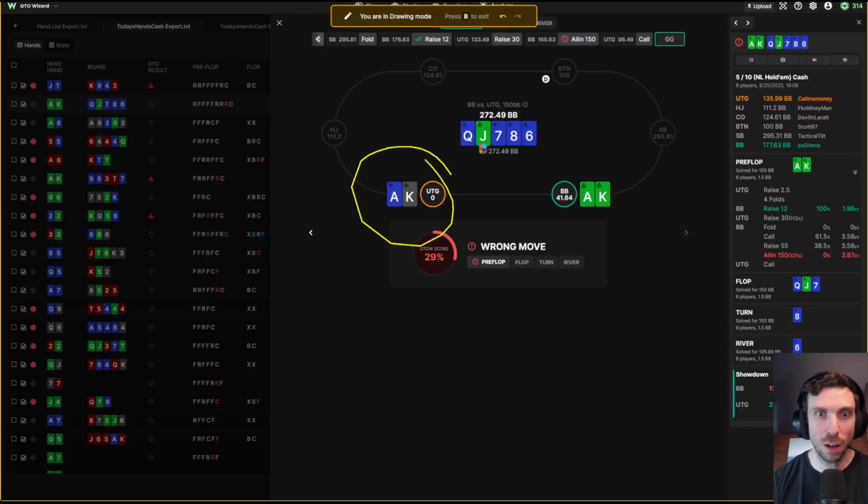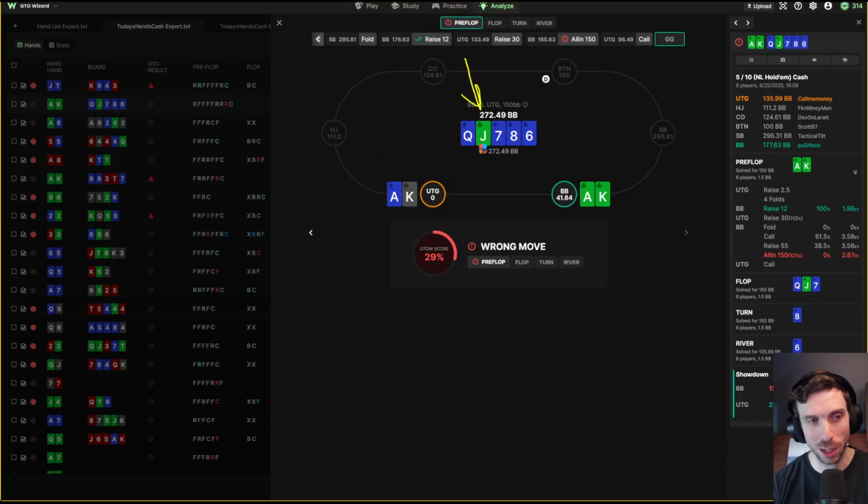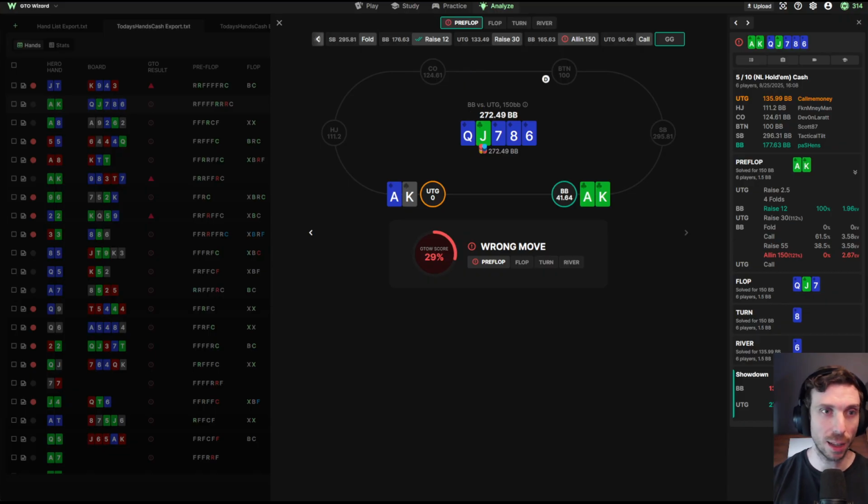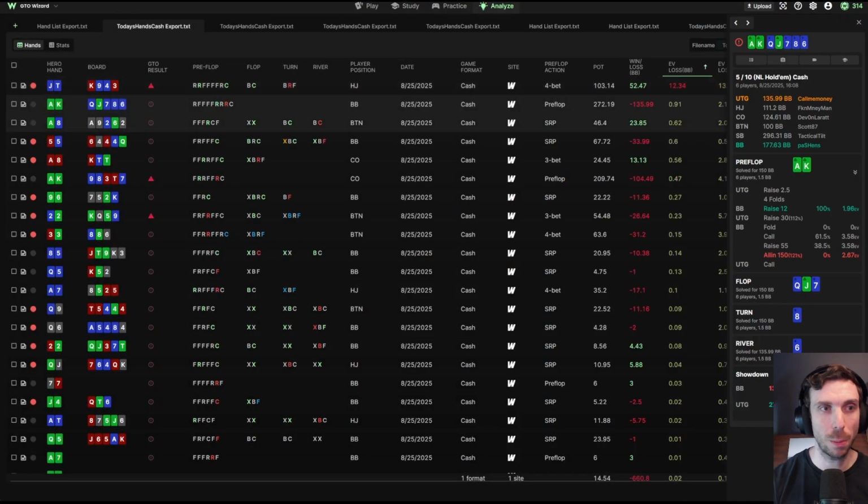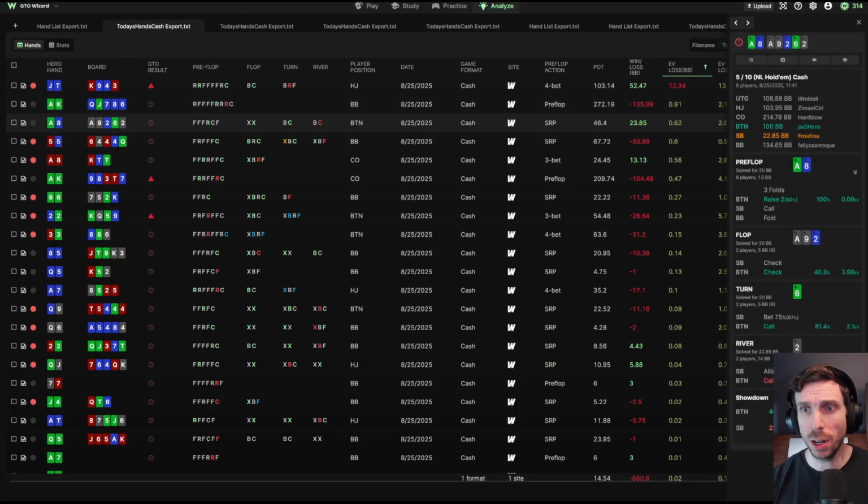Villain had ace king offsuit and unfortunately ran it once and ran off a flush against me. So that was a big part of my loss yesterday, was running bad. This is clearly variance. We saw that it's very unlikely that this was a mistake by me for jamming. We just happened to run bad in that scenario. So the next hand,